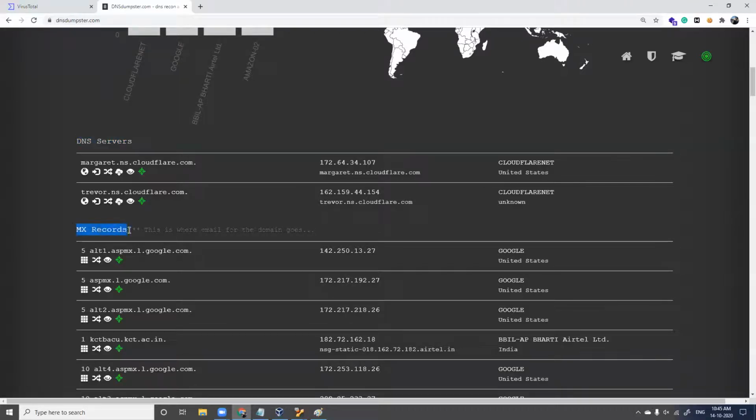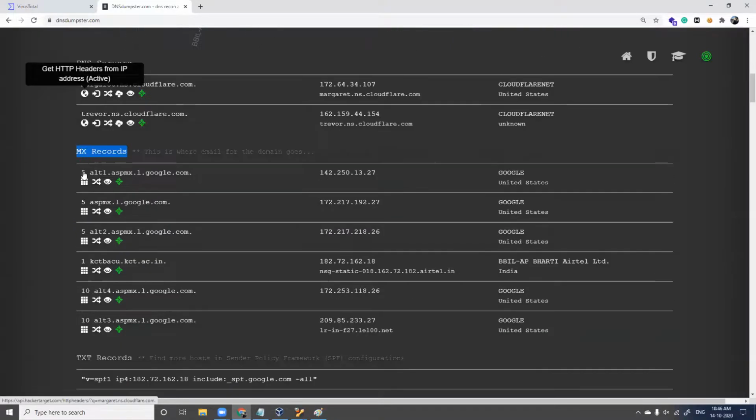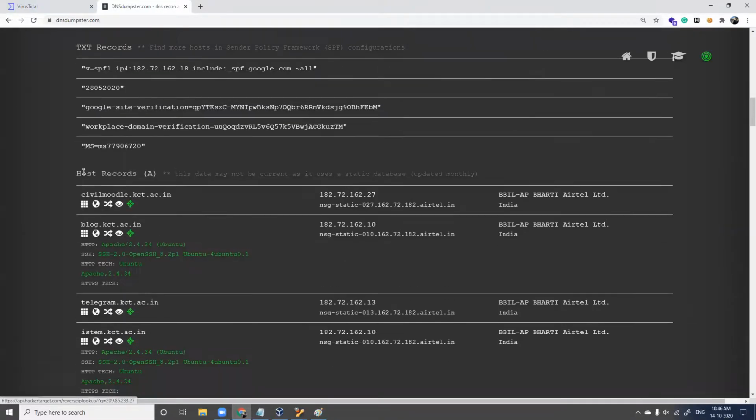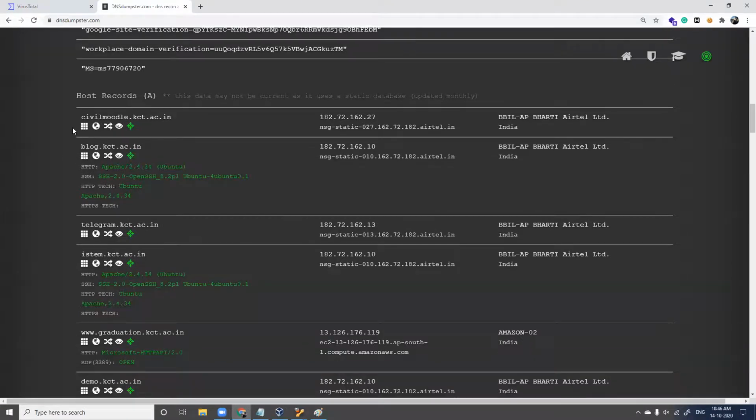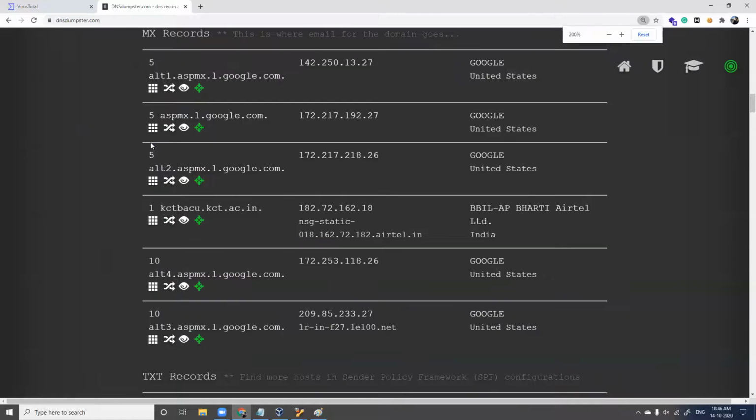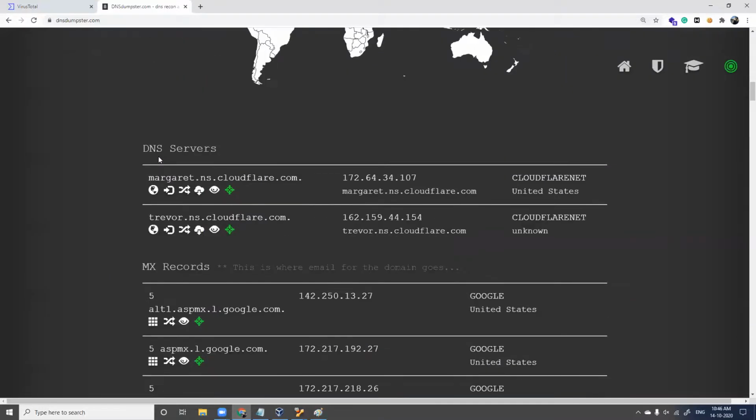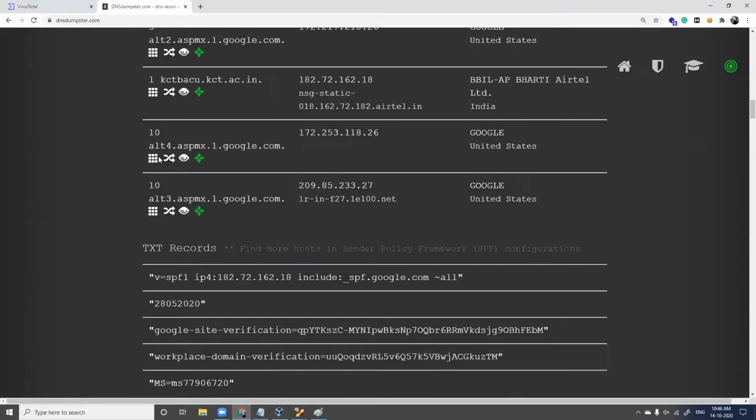You get MX records, you get so many options, and these options are different tools which you can try, like Nmap port scan, different types of tools. When you click this icon, you'll get the desired output. But we'll scroll down here. Okay, see here we have this particular subdomain.